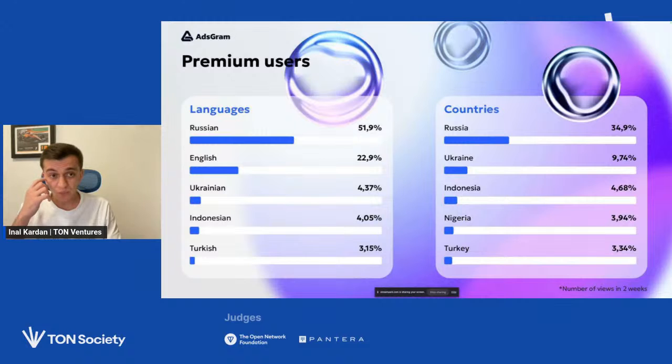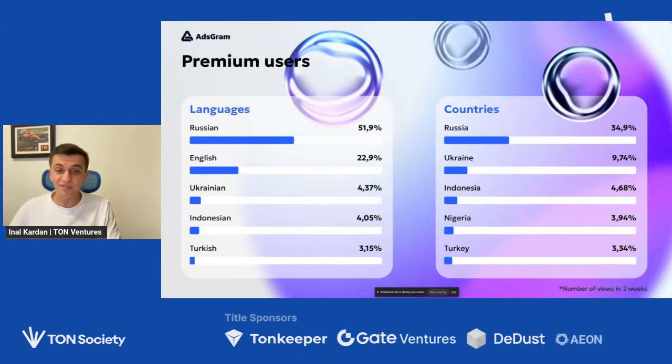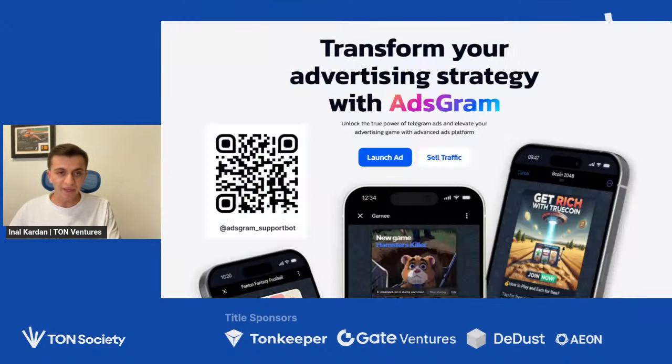Because probably users with Telegram Premium already know how to make in-game purchases. So these are just some interesting stats, and do not forget to run your own experiments.